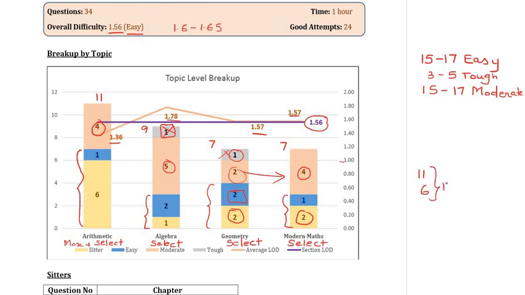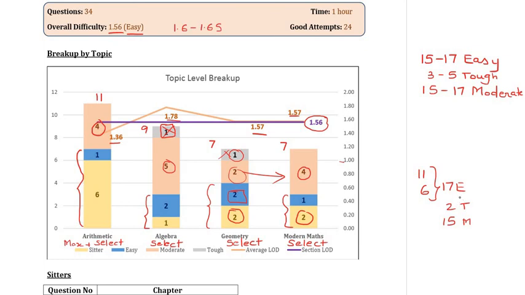So there were 17 easy questions in all, which is more or less the same as my upper level that I have defined. There were only 2 tough questions. So this really accounts for the overall difficulty going down because the number of tough questions is less. And the number of moderate questions was 15, which is more or less at par with the minimum moderate questions that we mentioned. So what has happened here is that because there are fewer tougher questions, the overall difficulty has